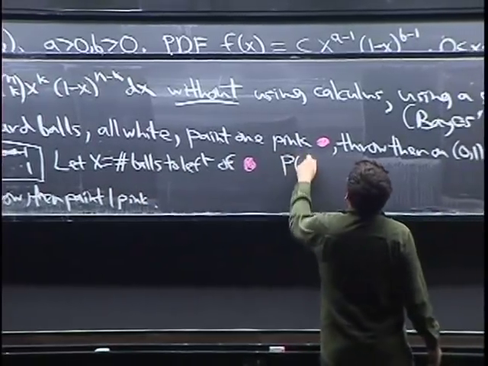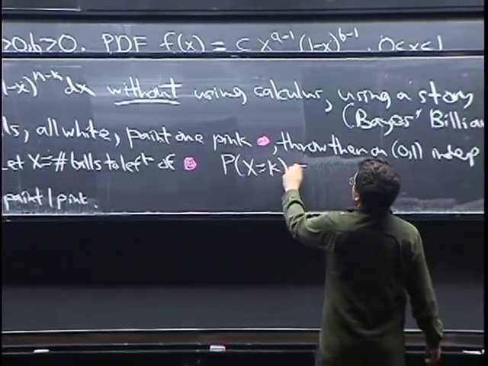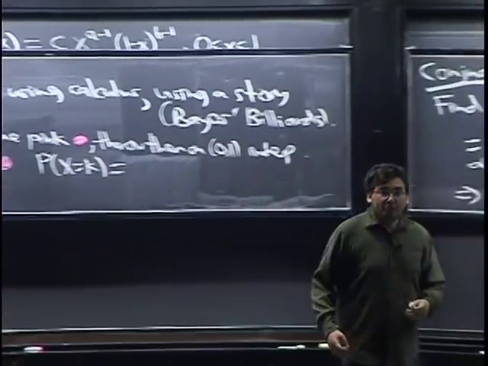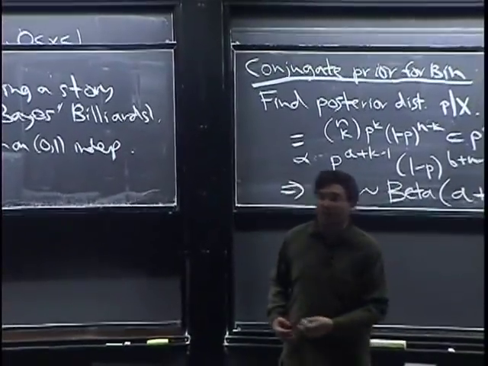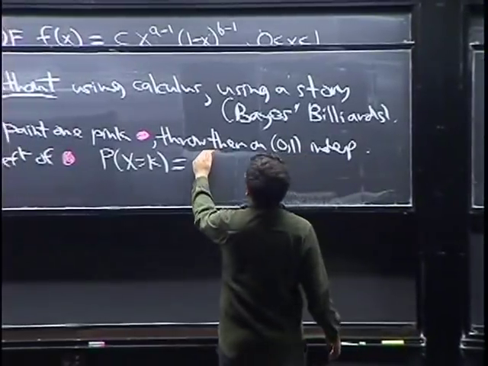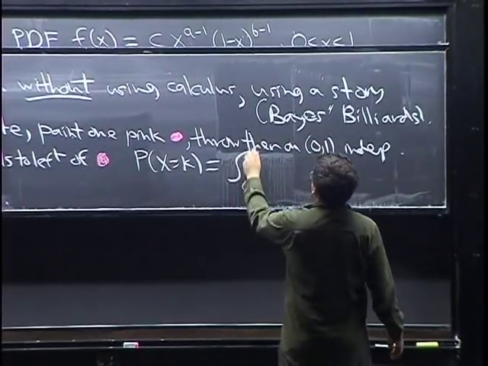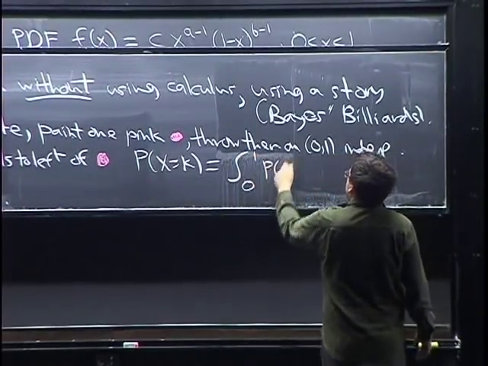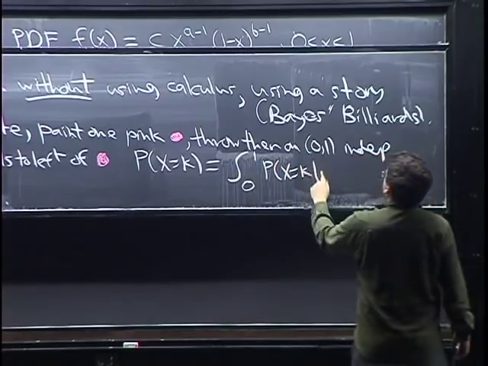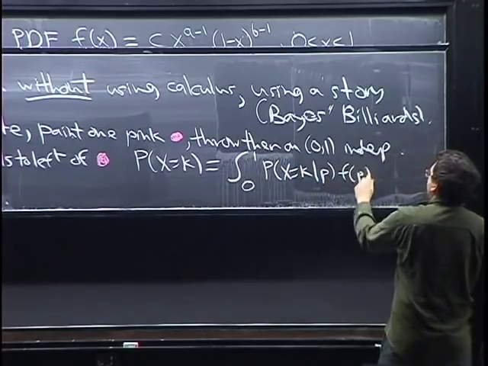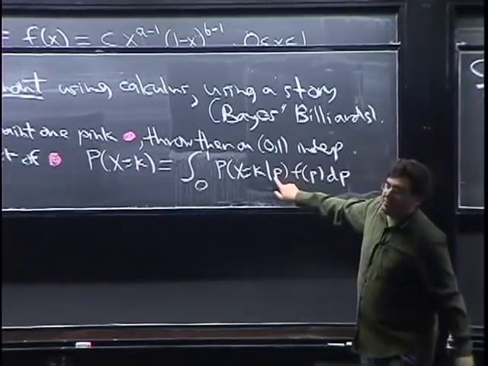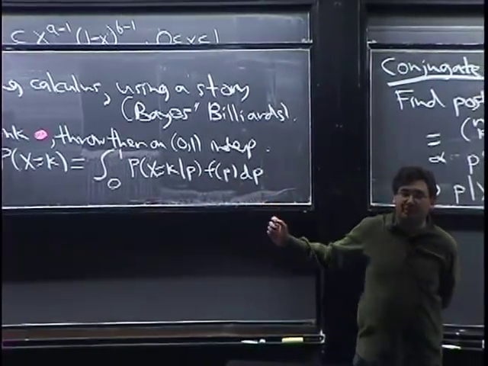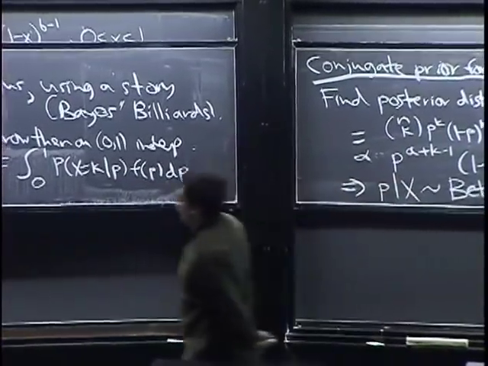And so we want an expression for the probability that x equals k. That is, there are exactly k white balls to the left of the pink ball. So by the law of total probability, we should just integrate probability that x equals k given p, f of p dp, where p is just representing where, p for pink and p for probability, where is the pink ball. Okay? And so that's